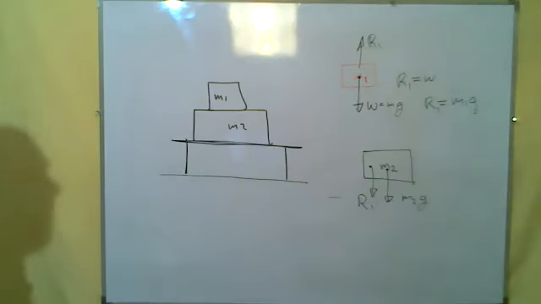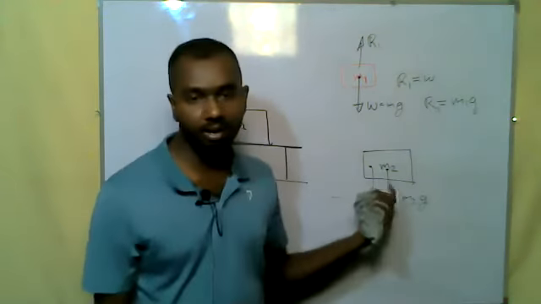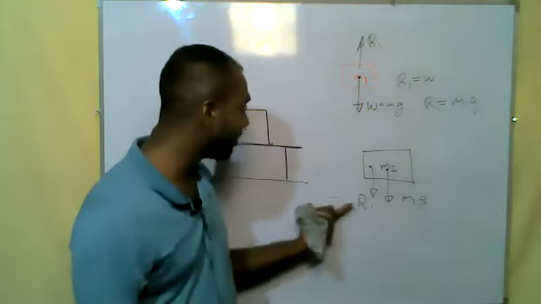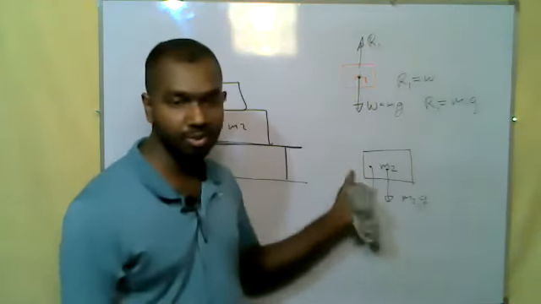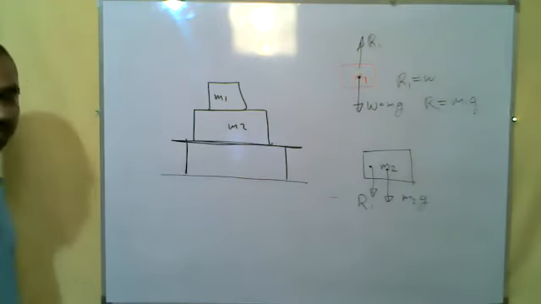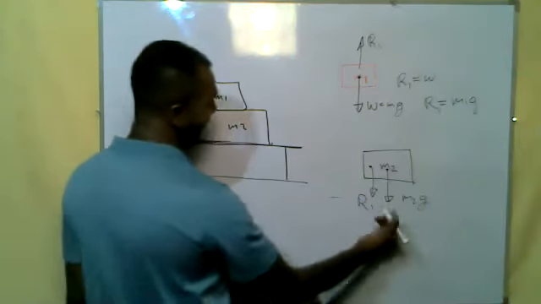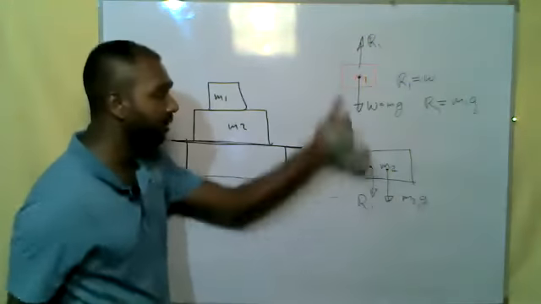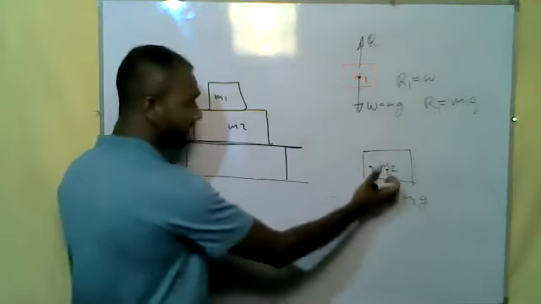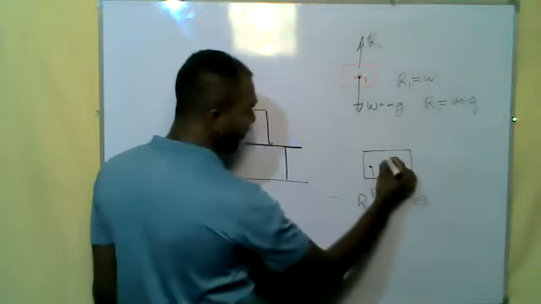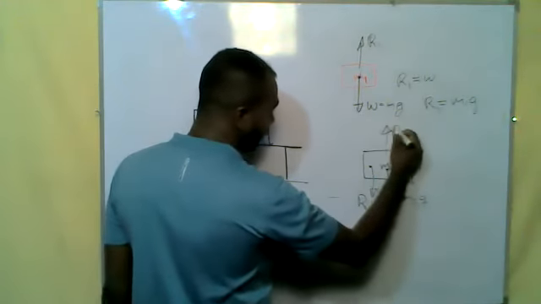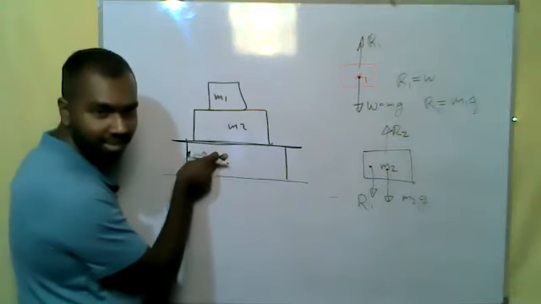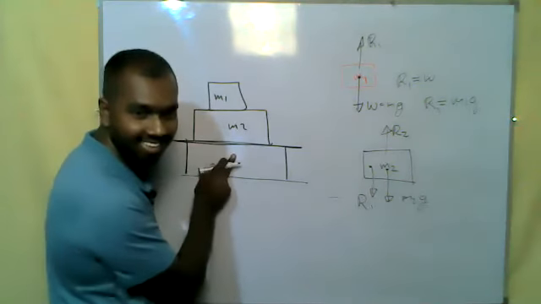Okay. So now the force diagram of the mass 2. How to get the force diagram of the mass 2? We have marked the reaction coming from the mass 1, and since this is at rest, there should be some force acting upon this, an upward reaction R2, which is coming from the table.